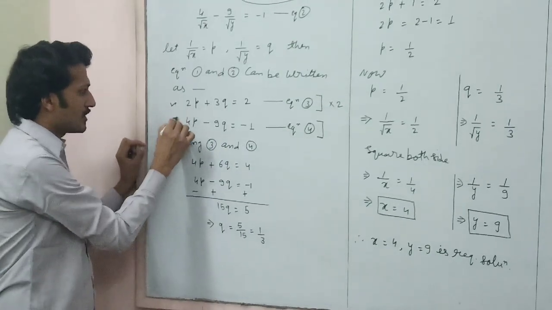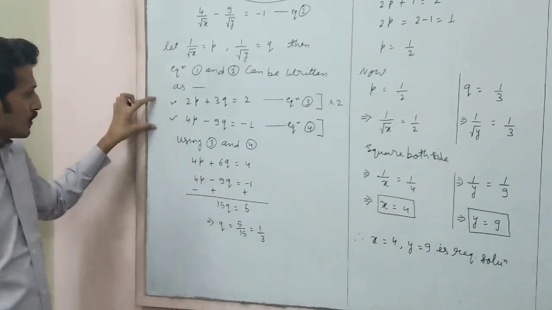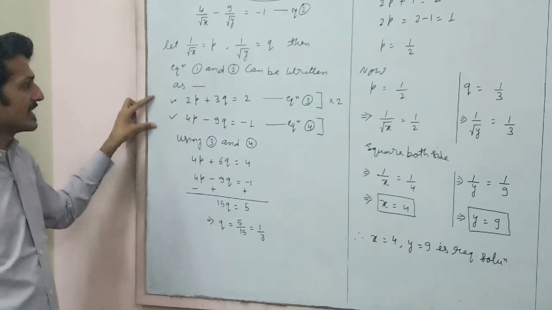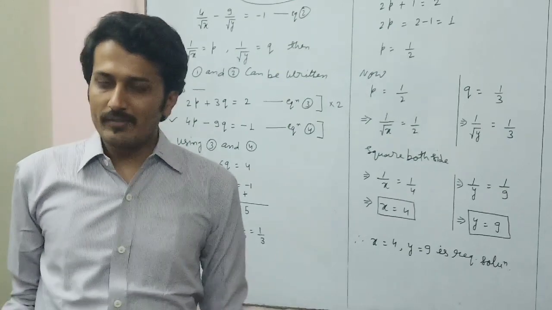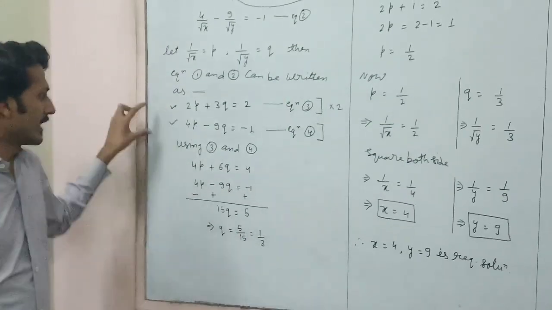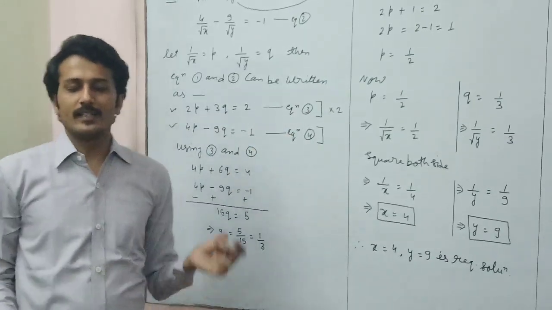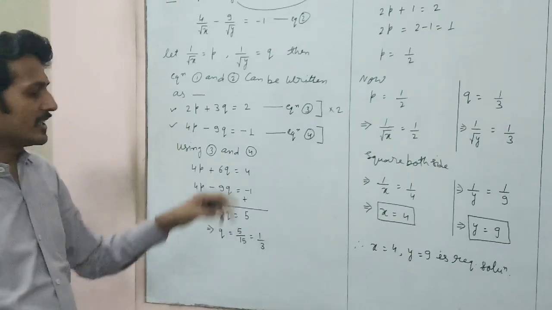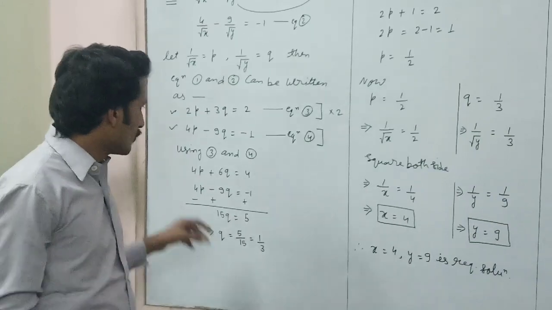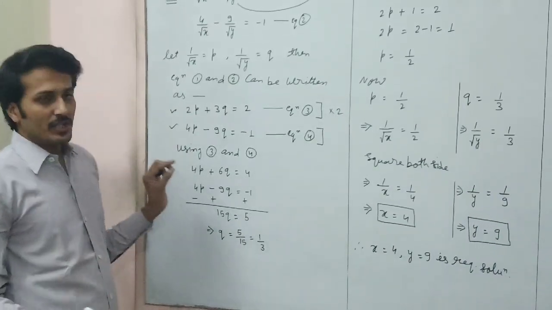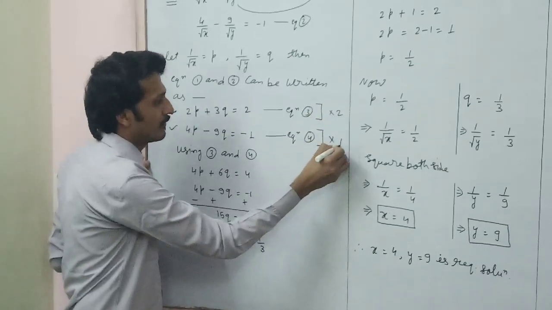Now these two equations, numbered 3 and 4, are linear equations in the variables p and q. We can take other variables also. If you find it comfortable, you can take u and v, but I have written p and q. We can solve these two equations by any of the algebraic methods we have learned earlier. I am using the elimination method. For this, multiply equation 3 by 2 and equation 4 by 1.